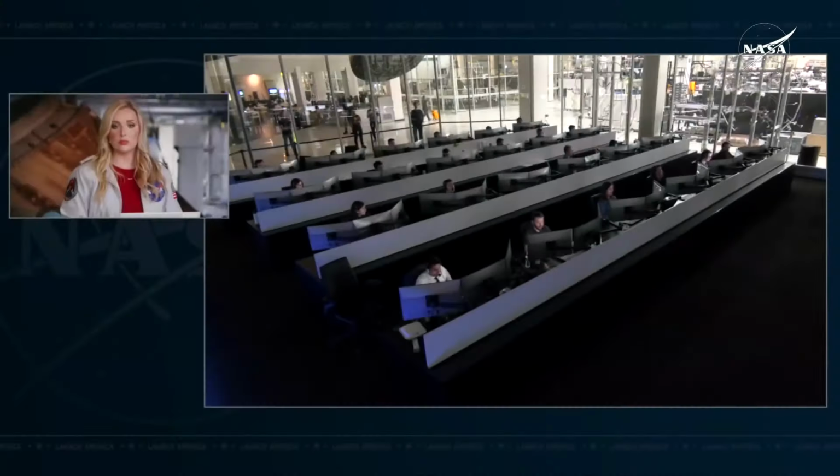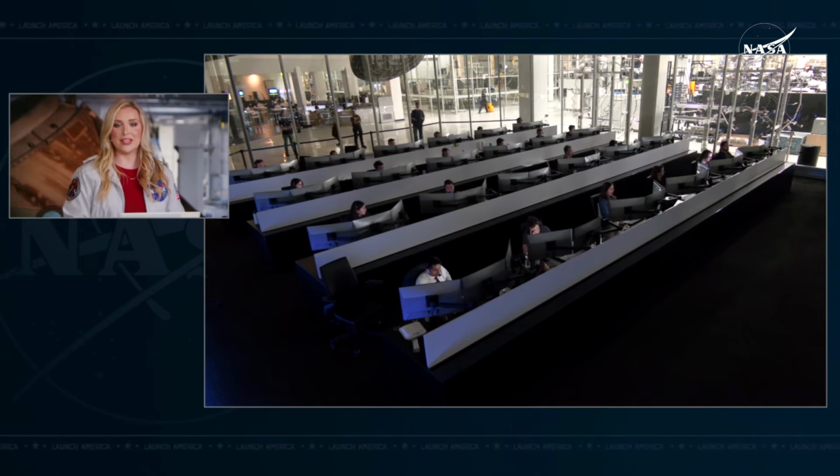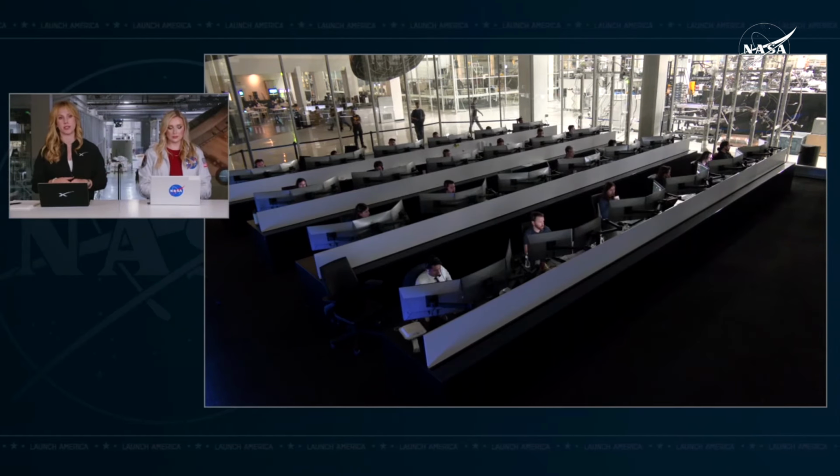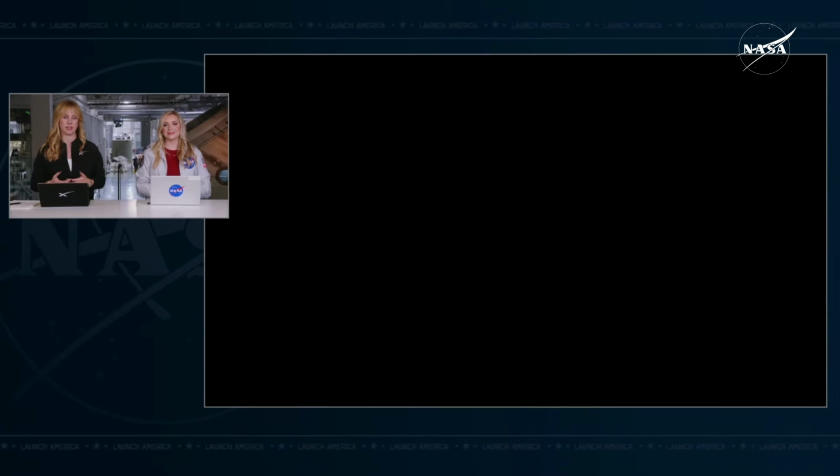Expecting that nose cone to be fully closed in just moments from now. And we'll stand by for that nose cone to go ahead and be closed up. Again, we expect that call out here in just a few seconds from now. While this nose cone closure is underway, this is the final physical change that Dragon will undergo today. Like we mentioned earlier, we jettisoned the trunk, and now we're closing the nose cone. And once that nose cone is closed, Dragon is basically in its final configuration and ready to begin its re-entry